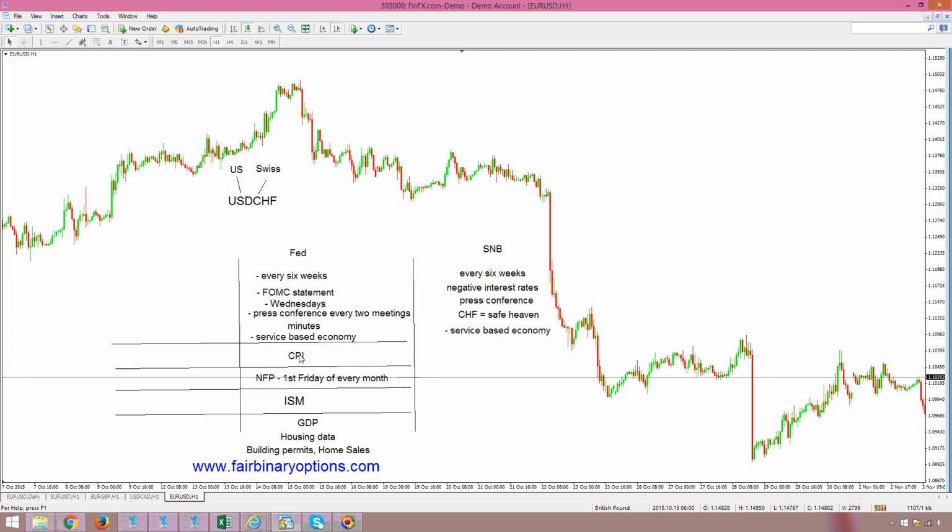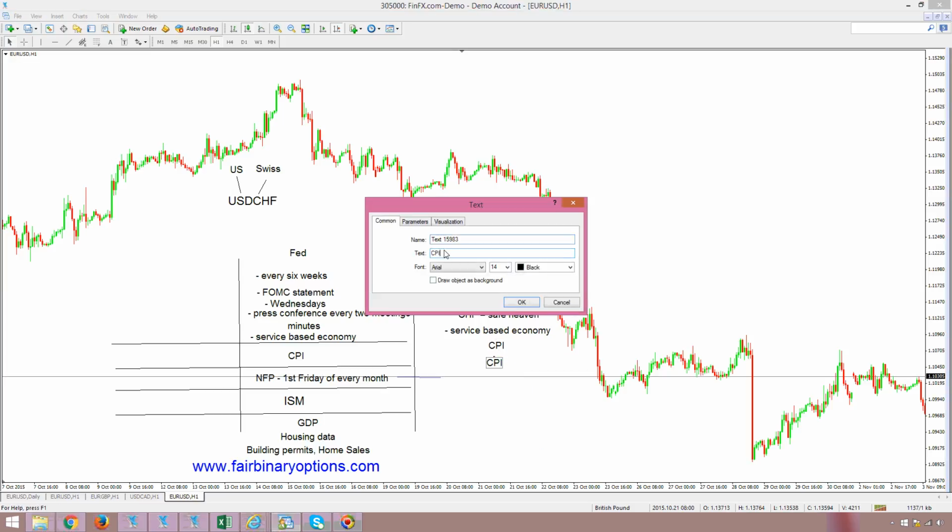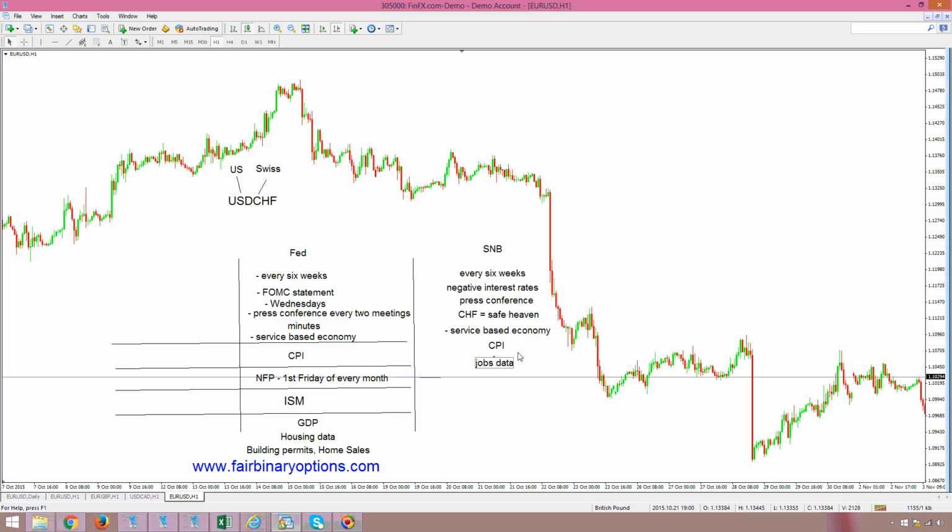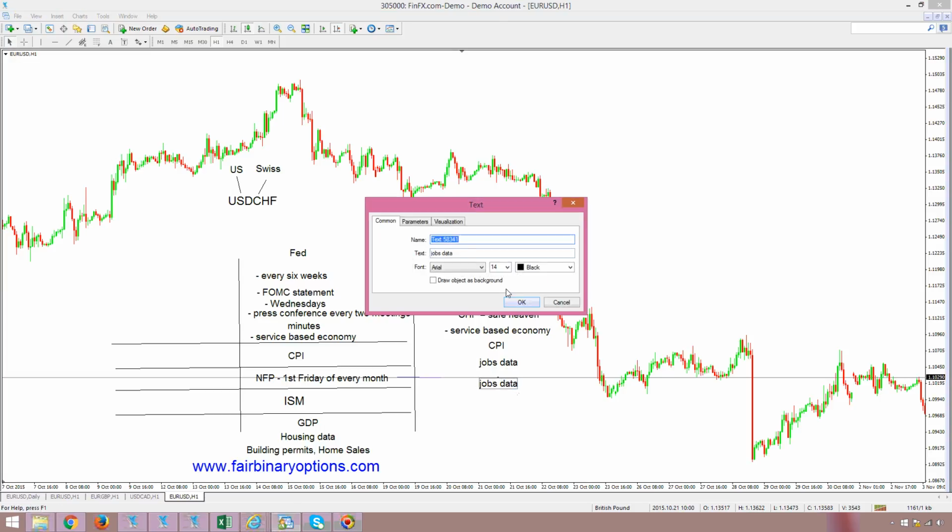this pair? Well, of course, you're looking at CPI or inflation. Inflation is on the mandate of each and every central bank, as we discussed here multiple times with the other currency pairs that we analyzed. Of course, you are looking at the jobs data, but the jobs data is not that important in Switzerland. What you should look for in Switzerland is GDP, or the gross domestic product,